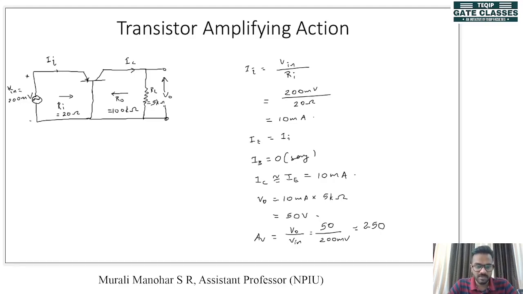So in this case, we have not considered DC because we are only analyzing the AC part. The main function of DC voltages will be to put the transistor on a particular point of interest. We'll discuss that later. Thus, on the characteristic, the transistor should be at a particular point in voltage and current. We'll see that later in biasing. So this is the transistor amplifying action.